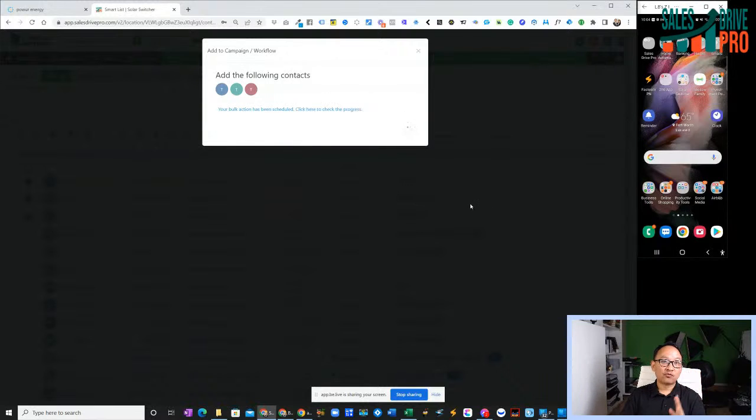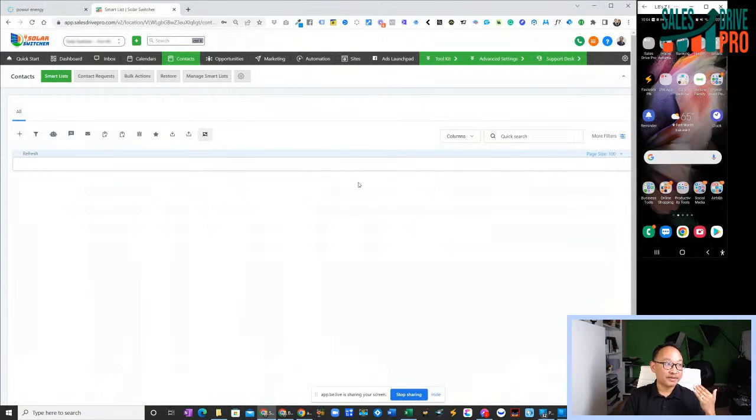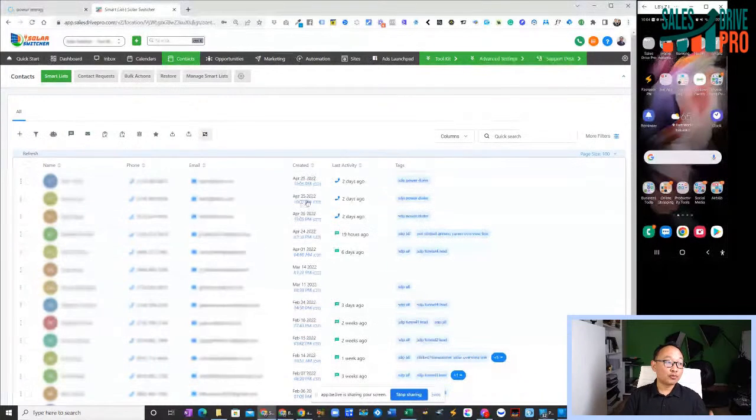and click right here, add to campaign or workflow. Once I do that, what happens is magic happens in the back end. Automation happens in the back end. Okay, so click OK. Now what is the automation? Automation is that automatically those selected contacts will be lined up, ready for you to Powur dial, right? Ready for you to dial them, automatically one after another,